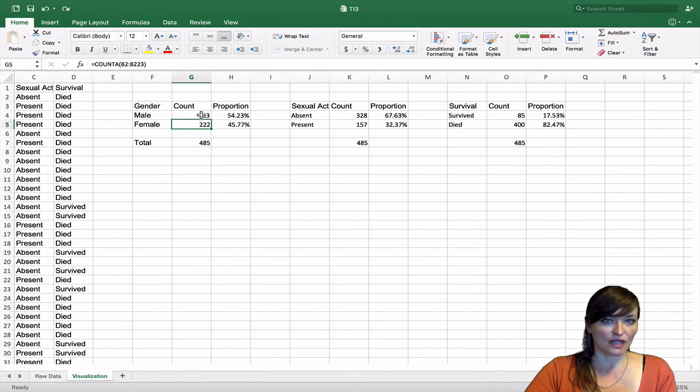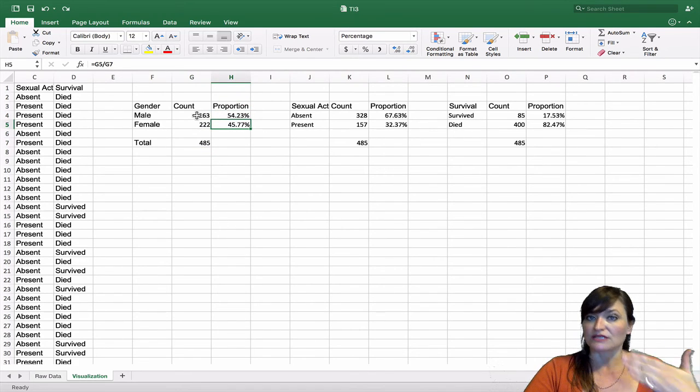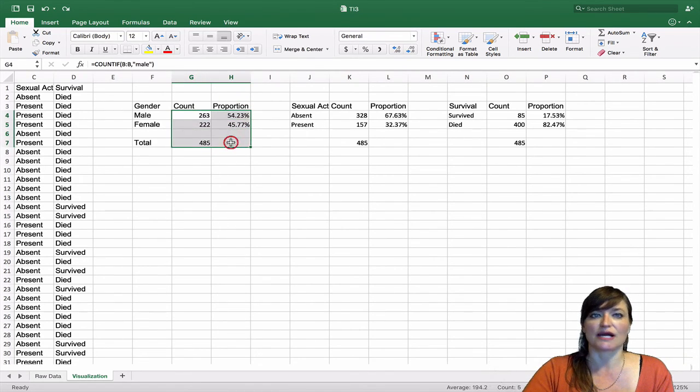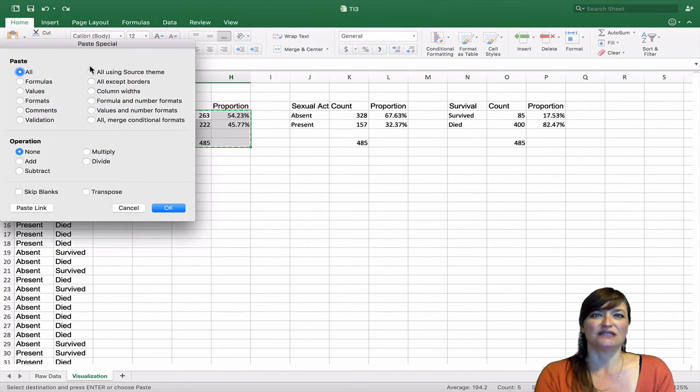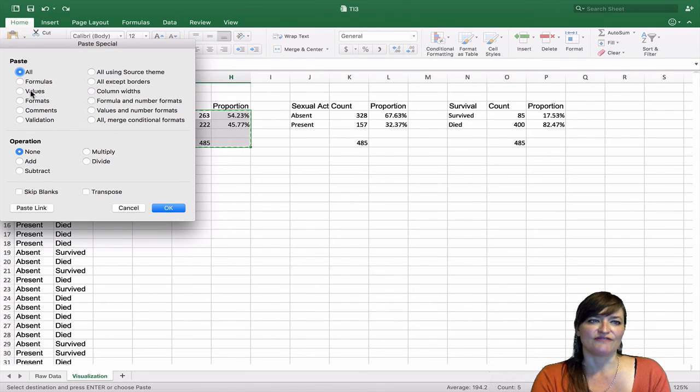So all of these are formulas that are linked to my raw data. And if I'm ready to fix them, I'm going to click and drag and highlight them all. And I'm going to choose Edit, Copy, and then Edit, Paste Special. Now this time, I don't want the formulas, I just want the values.